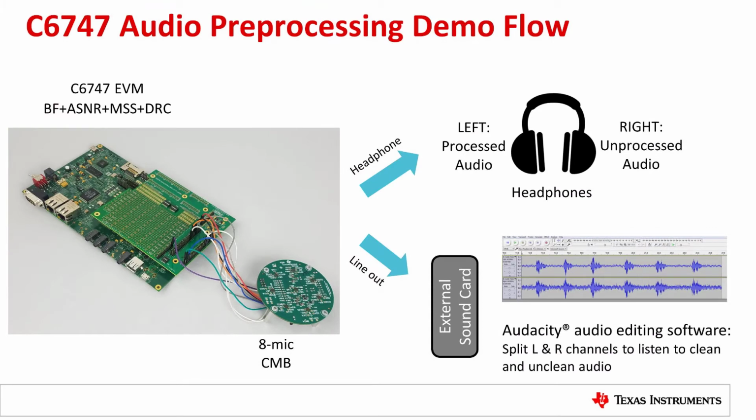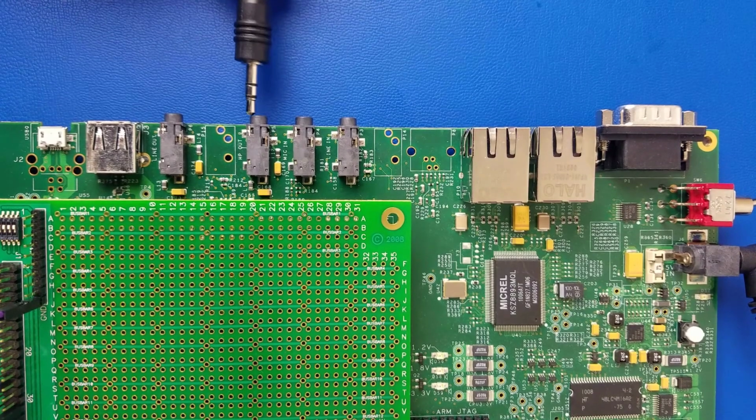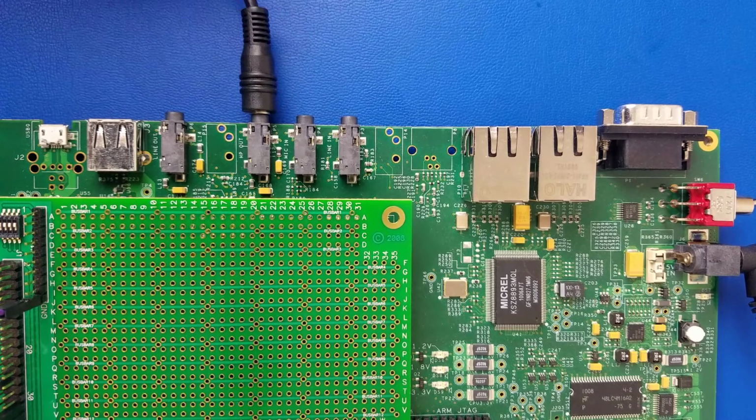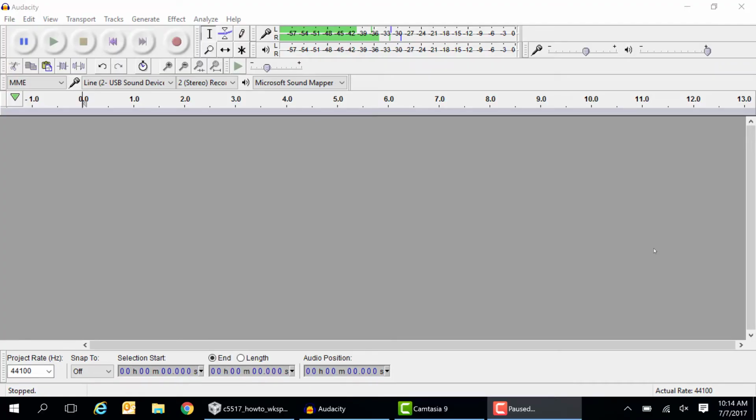Optionally, an external USB sound card can be connected to the headphone jack in order to pipe the audio to a PC. This will provide a mechanism to analyze the audio in software such as Audacity or Adobe Audition. To do this, you would connect the line in to the external USB sound card and the other end to the headphone out of the L137 starter kit. Connect the USB sound card via a USB cable to the PC. The external sound card provides a mechanism for the user to output and analyze the quality of the audio processing. In this example, we are using Audacity to analyze the audio.